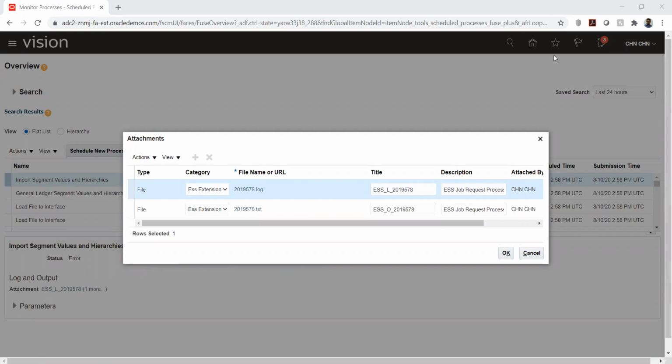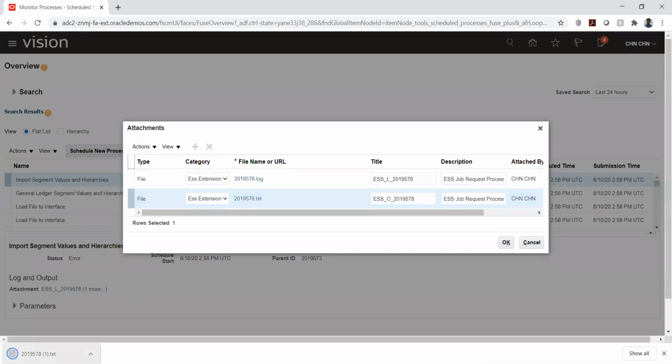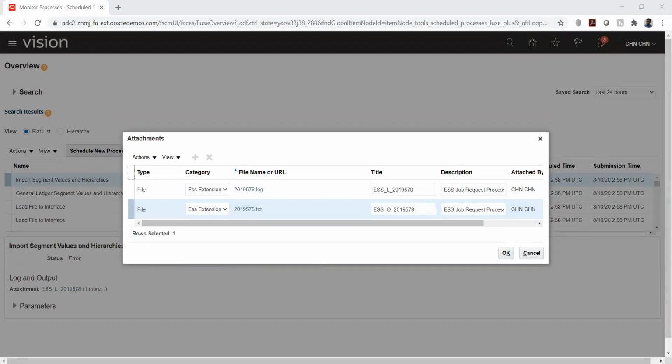Yeah, it is DRM. Okay, let me check the values once.